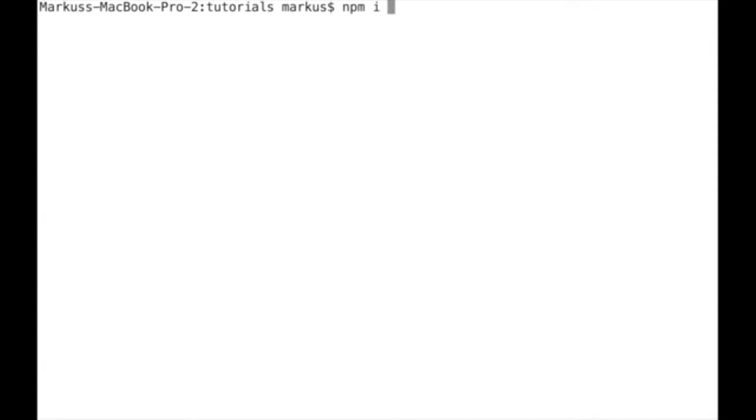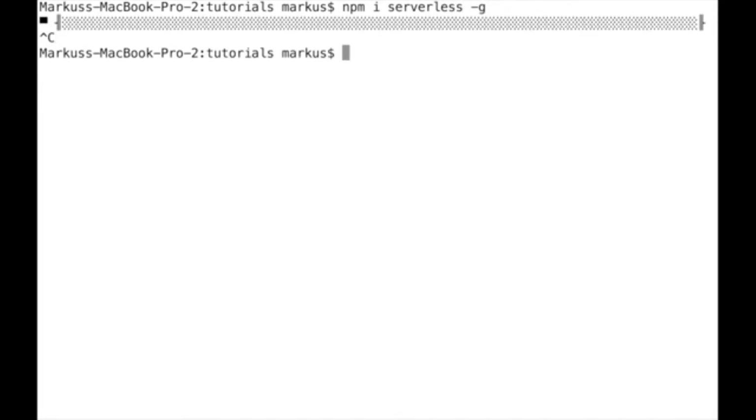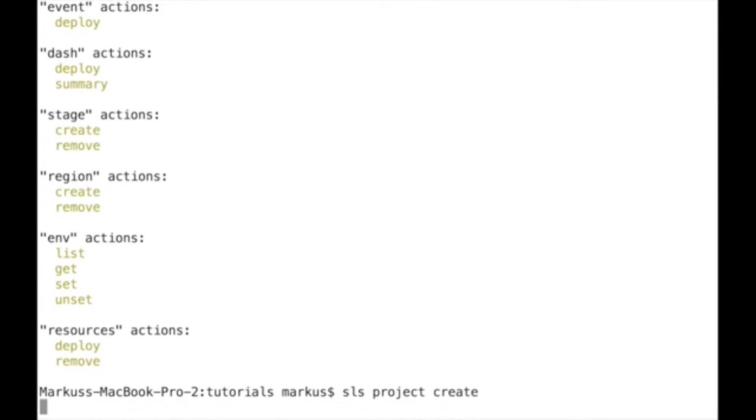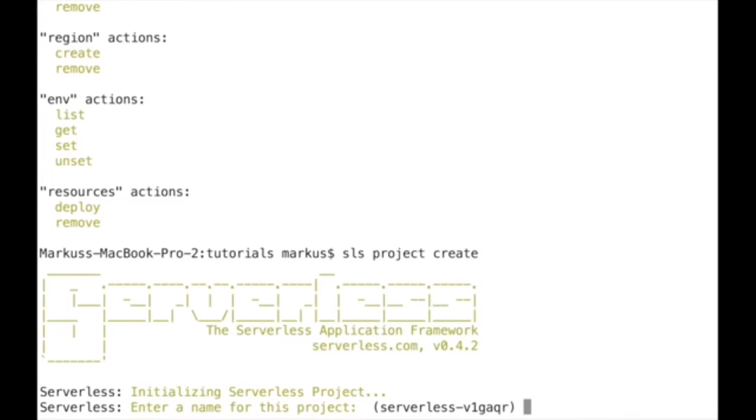So one of the first things that you need to do is install the serverless framework. I'm going to do this globally, and I'm going to skip this step because I already have it installed. Serverless help gives you a list of all the commands, or you can write SLS for short, which will do the same. Now let's create our first project, SLS project create, and this will guide us through a couple of questions,